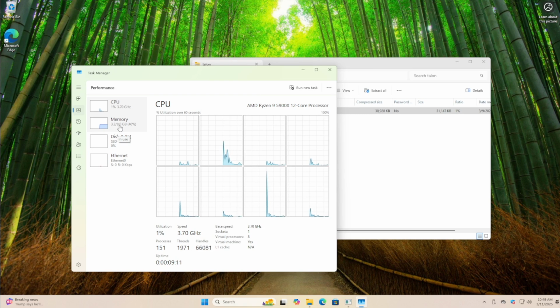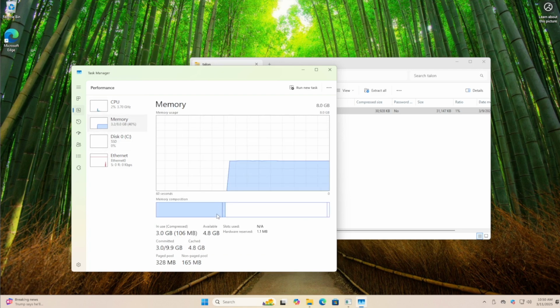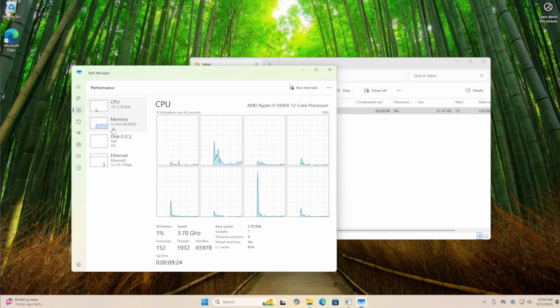Now, I haven't installed any software on this computer. I've just installed Windows 11 Pro and done the updates. And as you can see, we're using about 3.2 gigabytes of memory. The processor seems to hover between 1% and 3%, which probably doesn't matter. I think the most important thing here is with a vanilla installation of Windows 11 Pro, we have 152 processes